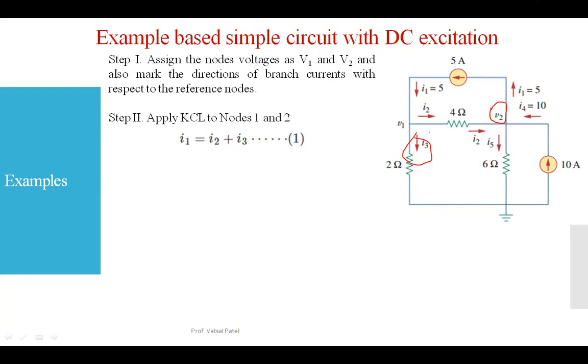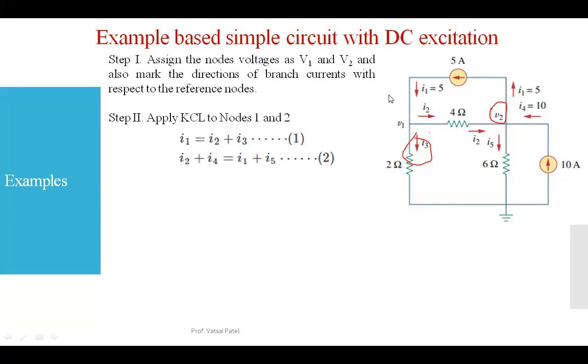It is a very easy question I ask. I2 and I4 are entering towards the node, and I5 and I1 are leaving from the node. So this is the equation we are getting at node number 2. Two currents have direction towards the node, and the remaining two currents are leaving from the node. So we identify the two nodes, and from that we identify the KCL or the current equation.